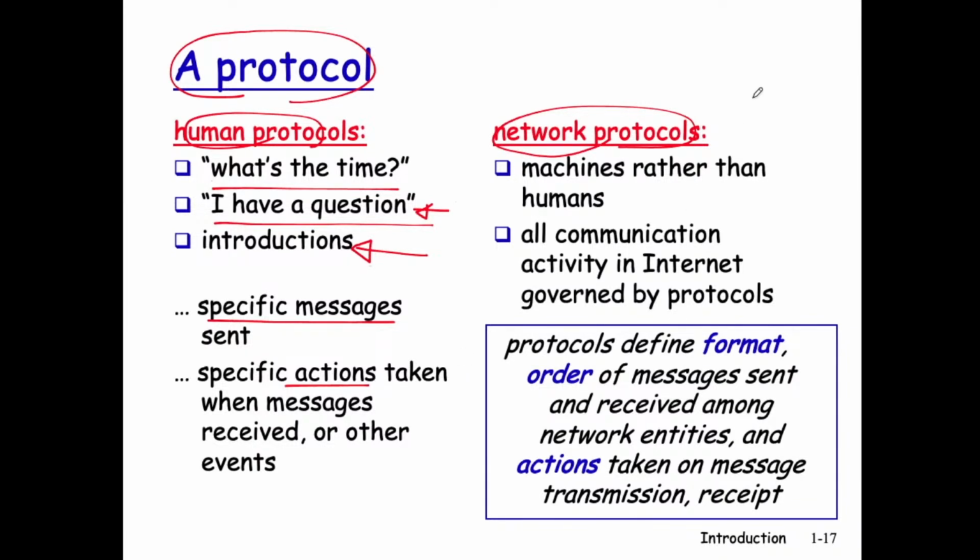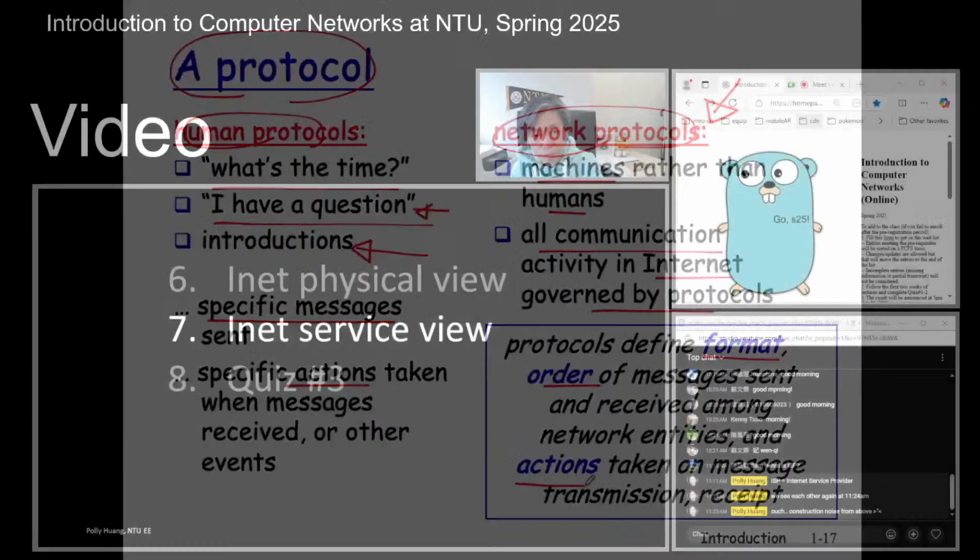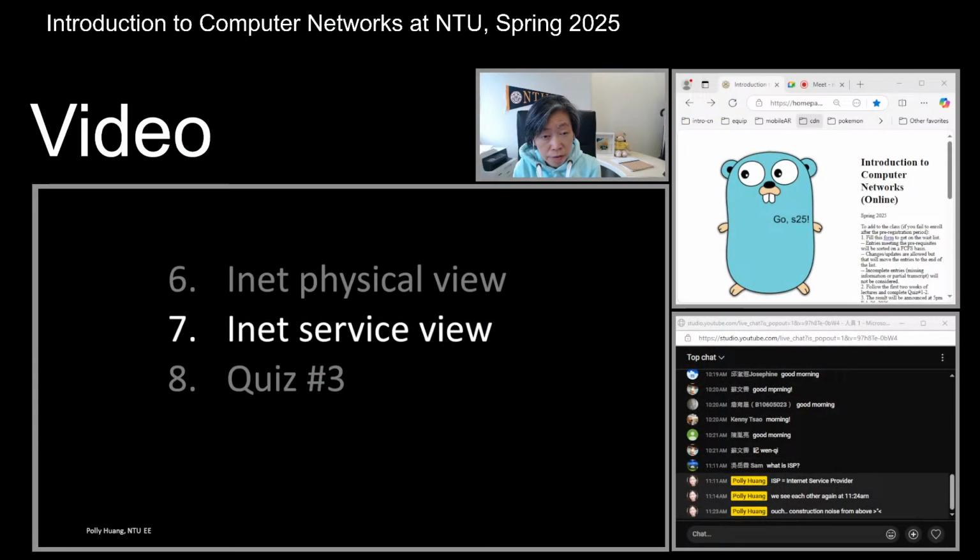All right, you know what? That's very similar in the computer network. Okay, and the parties involved are just simply replacing humans with machines. Okay, and so all these communications happening in the computer network are governed by these protocols, where we define the messages being exchanged and the order of them being exchanged, and the actions each of these computers, each of these entities, needs to take after receiving certain messages. Okay, very important. A protocol defines what? The format of the messages, the order of the messages being sent, and the actions the end systems will take after receiving or transmitting these messages.